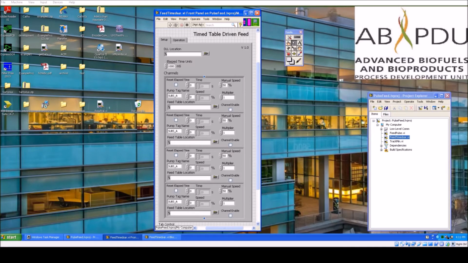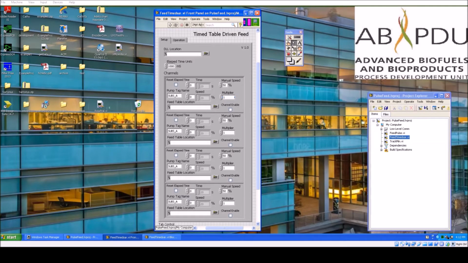The simplest one is we simply can take manual control of the speed ourselves and ignore what's in the table. The second method is that we have a multiplier, which is a scaling factor, which means if the process is running a bit slower or a bit faster than anticipated, we can basically change the multiplier for the speed so that, for example, we could put in 1.5 and the pump would run 1.5 times faster than the value in